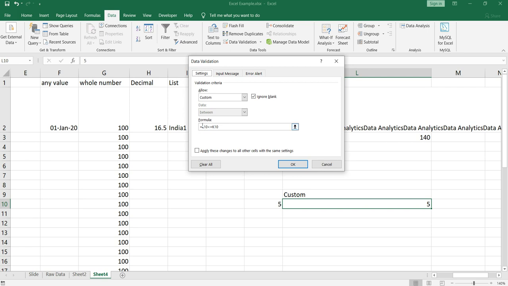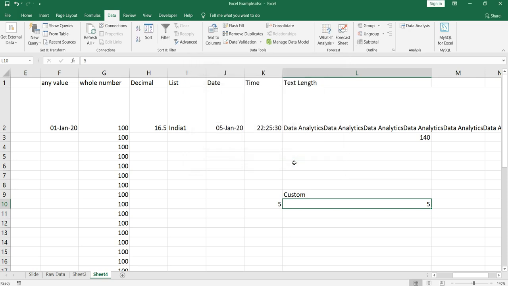So the formula which I should write here is length of L10 should be less than equal to the value of K10, which is 5.